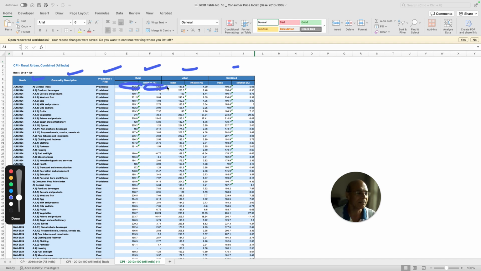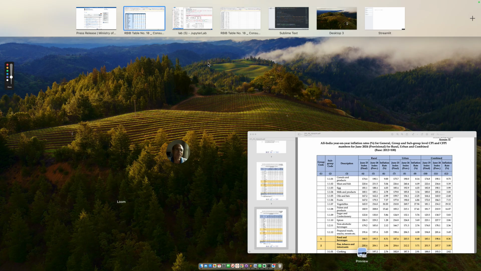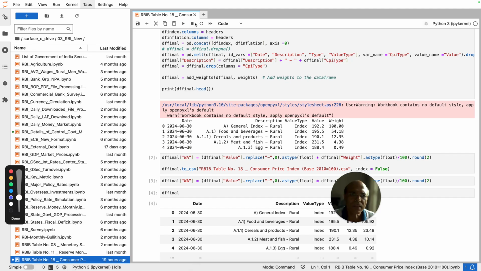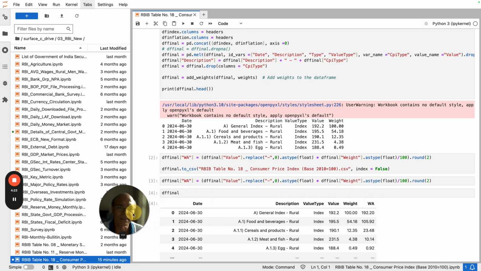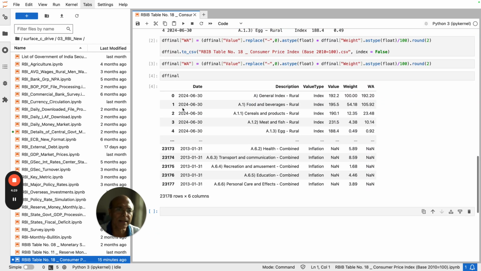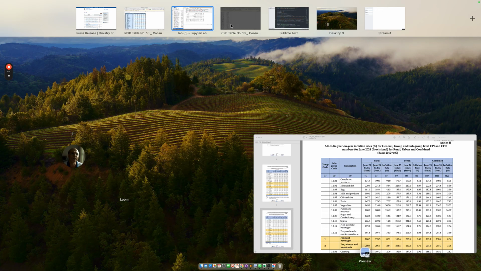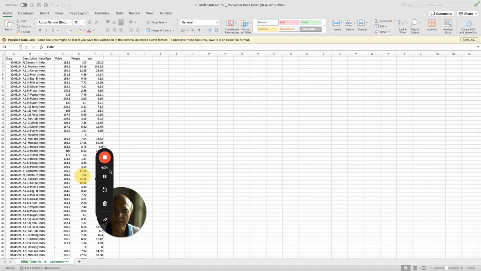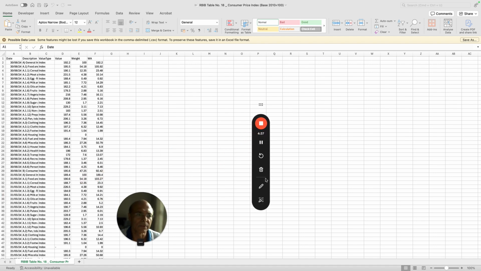Now what is missing in this table? The missing part is the weights, which are also going to be very important to understand the character of inflation, and which you can easily add using a little bit of coding, or you can do a cut and paste on the page itself. Because I have been able to understand a little bit of coding and have been practicing it, I am using this Jupyter notebook, and with it I have created the data in this particular form. I'm going to show you how this data looks finally, which I have put in my app, and I'm going to demonstrate how the app looks.